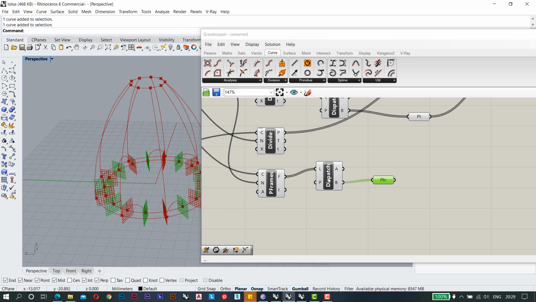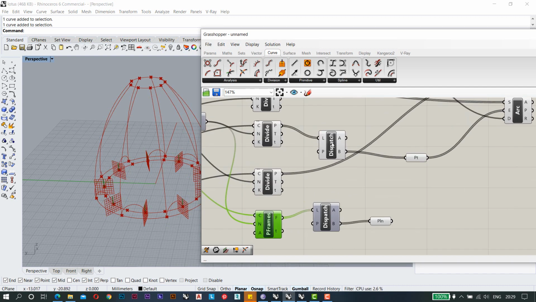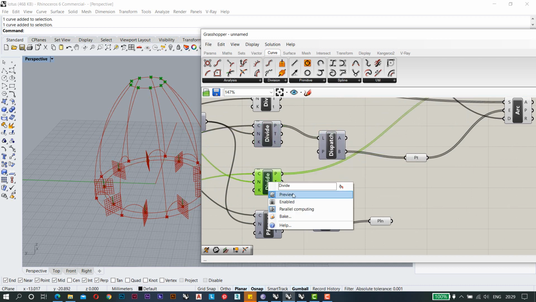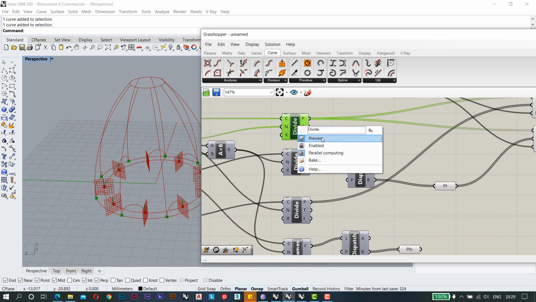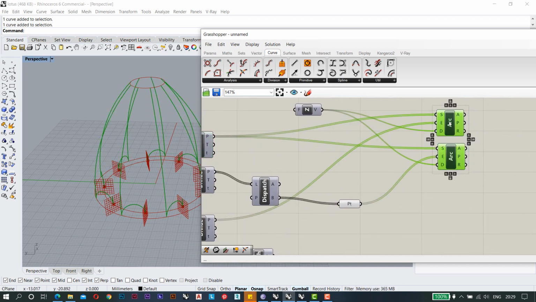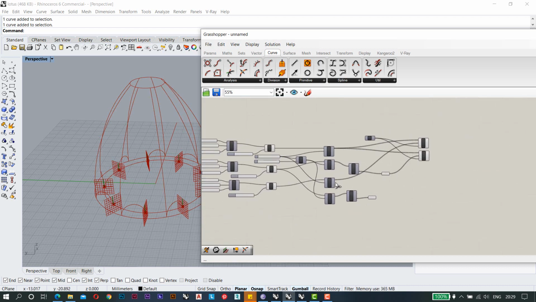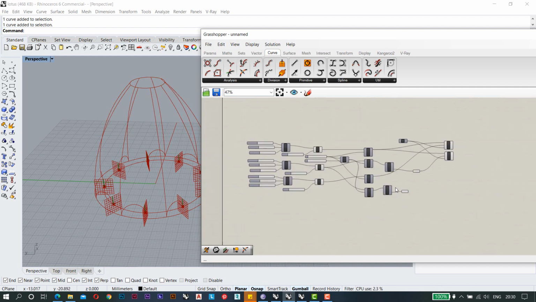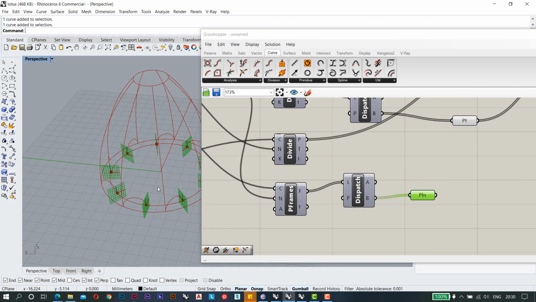Now I don't need another one, so I'm just making those frames hidden. These are the planes that we need.